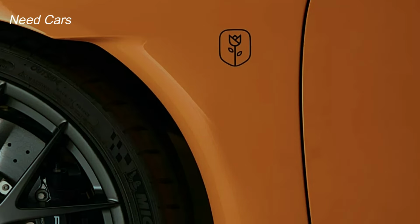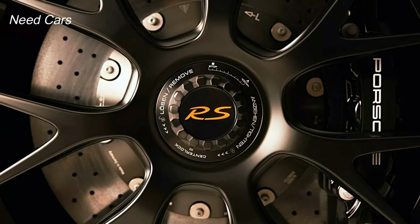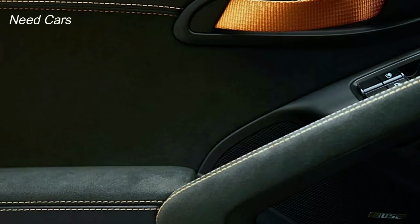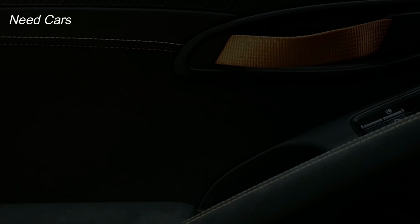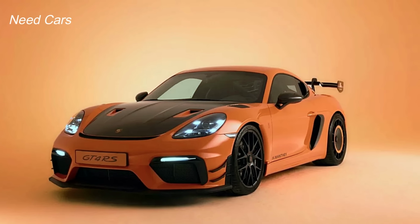Porsche didn't stop at the car itself. Owners also receive a series of exclusive accessories that celebrate the Tulip theme. These include a personalized car key and case, a special edition chronograph 718 Cayman GT4 RS, and even a pastel orange thermos mug. The latter, limited to 718 units, is available for Dutch fans through the local Porsche eShop, priced